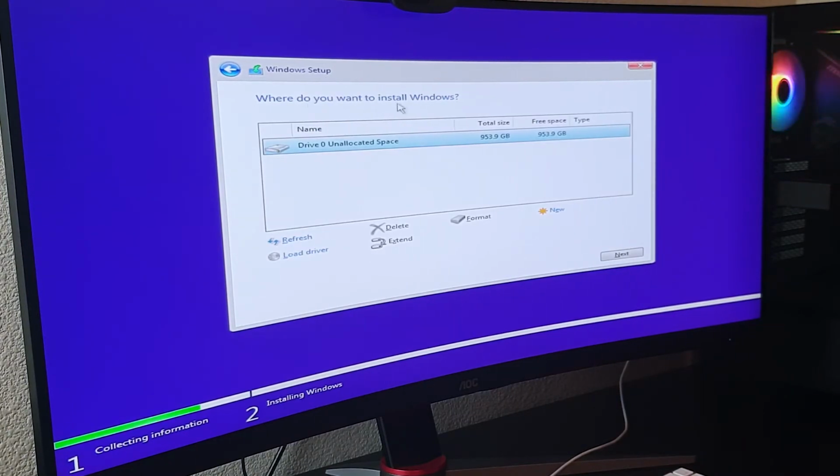So where do you want to install Windows? This is the only drive, and that's what I've been talking about. It just says drive 0 unallocated space. It doesn't tell me which drive it is. It doesn't tell me that it's my M.2 drive. So if you have multiple, it's going to be kind of hard to figure out which one, and you don't want to override anything or wipe anything out. So better make sure and disconnect everything, and just know that this is the drive that you want to install it to. So this is selected. I'm just going to hit next,